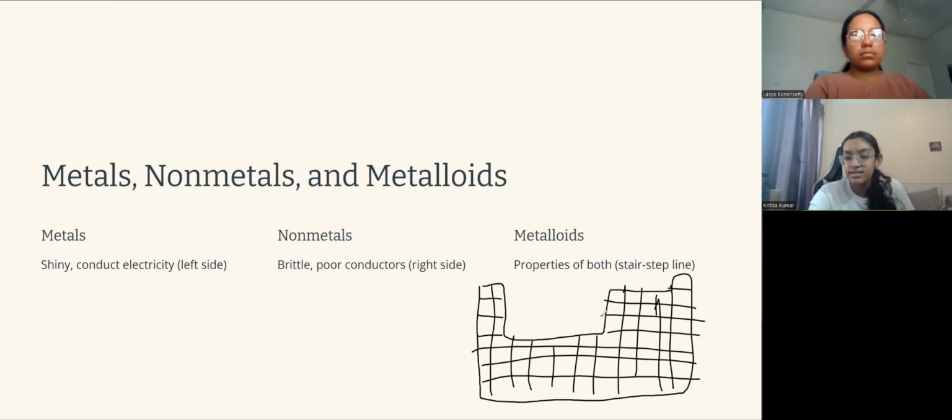Okay, and then there is a place here that, let me just switch my color so you can see it better. So there is a place that has like a star-shaped kind of darkened line in every periodic table. It's probably not exactly where I drew it, but it's around that area. And all the elements that touch that staircase are usually metalloids, with I think one exception,